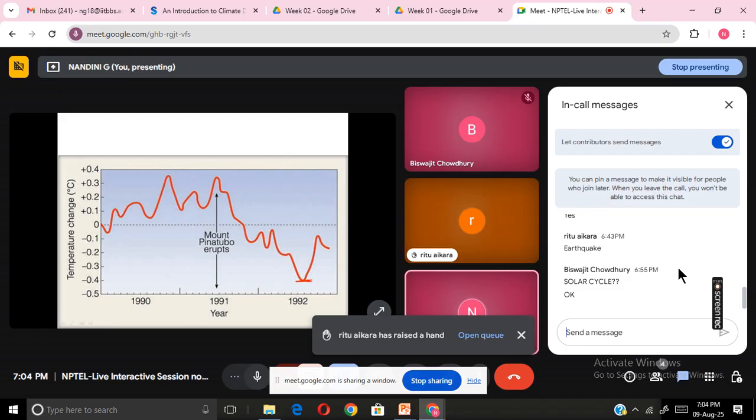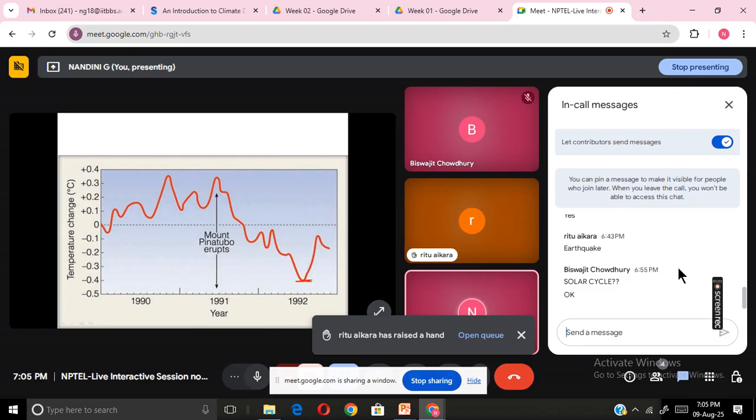Yes, it will be there. If we look at the global mean temperature, we can see small dips. Generally, this much decrease happened because this particular volcano emitted a large amount of sulfur gases. The amount of impact depends on the eruption: volcanic eruptions that are rich in sulfur gases will have a higher impact. Mount Pinatubo emitted a large amount of sulfur gas, so based on that variation, these eruptions will have an impact on climate.